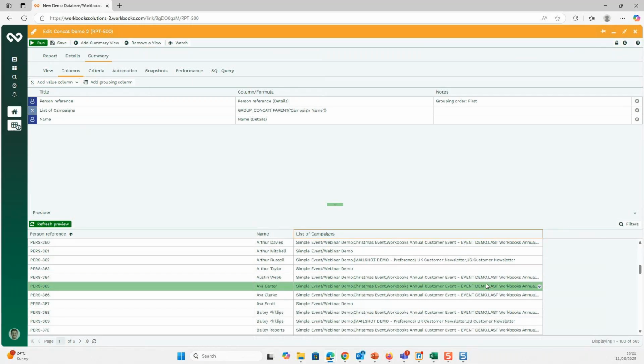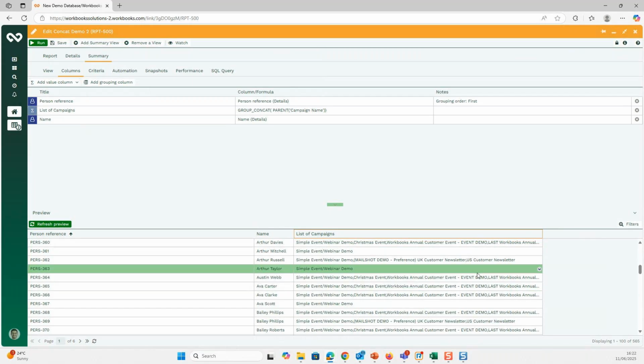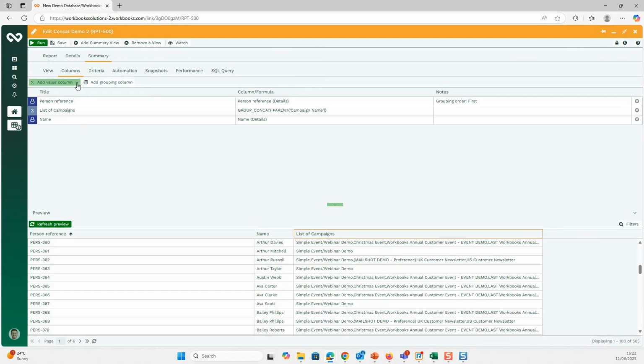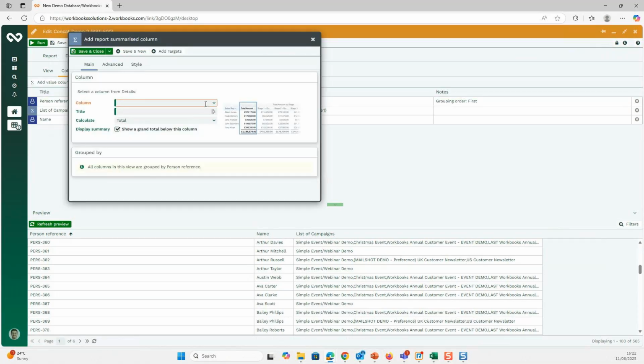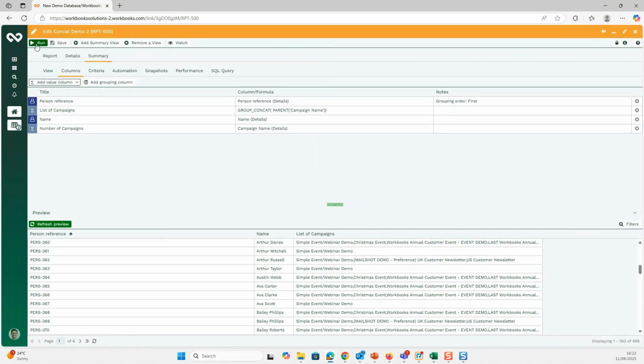Now, the marketing manager did also ask for a count of how many campaigns they had. So obviously what I would do for this one is add another value column where I'd want a summarized column where I'm looking at the campaign names and make sure that I'm calculating a count. And for the title, I'm going to put number of campaigns. So when I save and close this, and if I run my report,